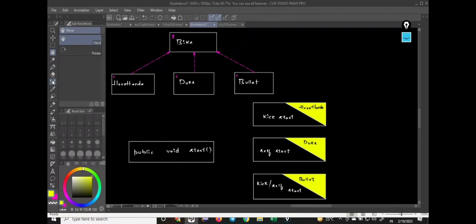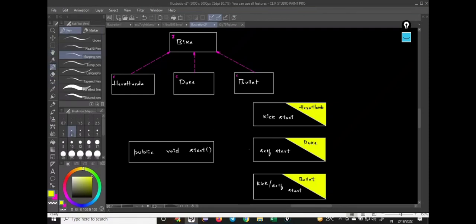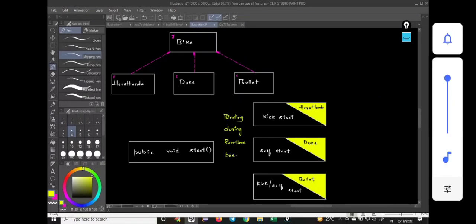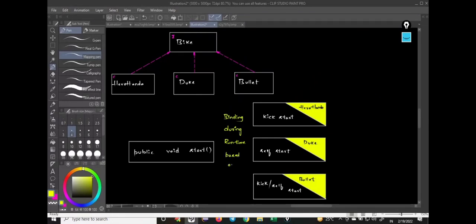Write this much and you write here. Binding during runtime based on